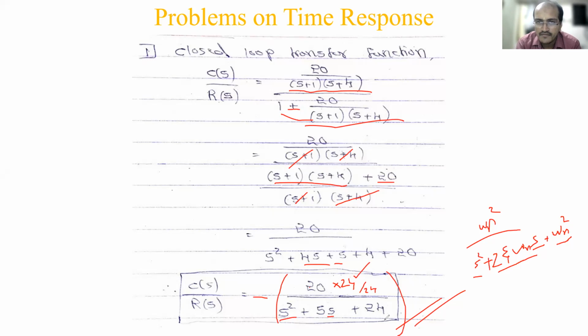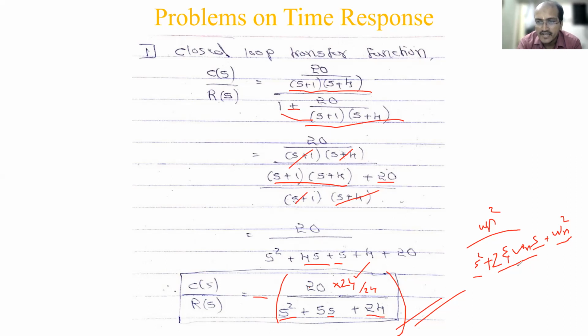Okay. But normally we won't do this. We can do it, but it is not necessary. What we want here is just the comparison of 2 zeta omega n and omega n square. By doing so, it is just a time waste. Even in some cases we require it, next we will be doing that. But at this moment, when we are doing the time response, such kind of basic question we don't require. That's why normally we compare with the denominator itself. That is called the characteristic equation.